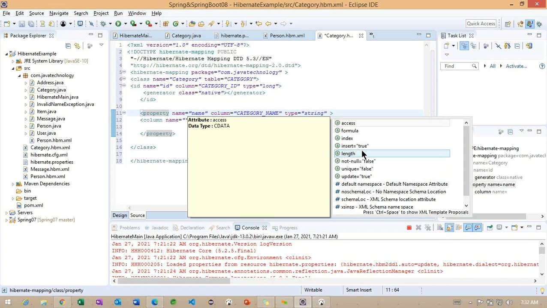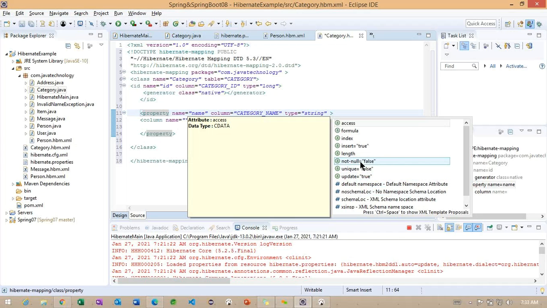Getting the point? Whenever we are trying to perform save or update, if we don't want to insert or update, we can make these two fields false. While inserting an object, say the category, if we don't want to insert the information into this particular category name, we can make insert false. Or while updating this particular object, if we don't want to update this particular column, we can make update false.